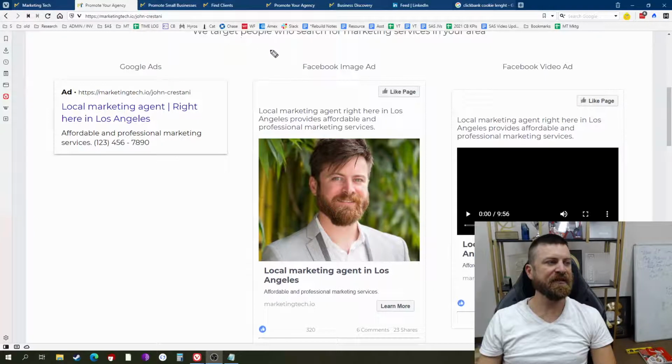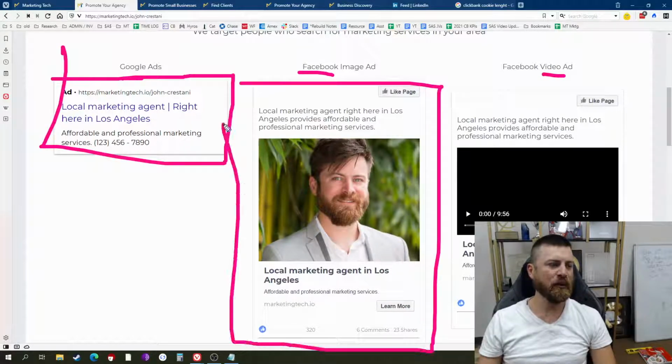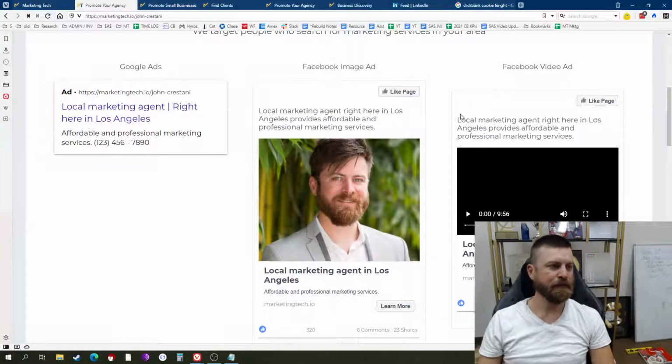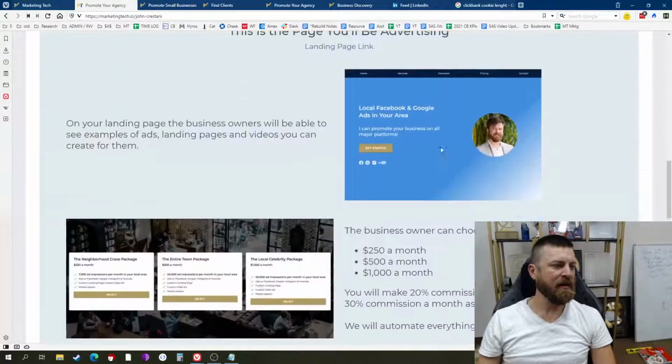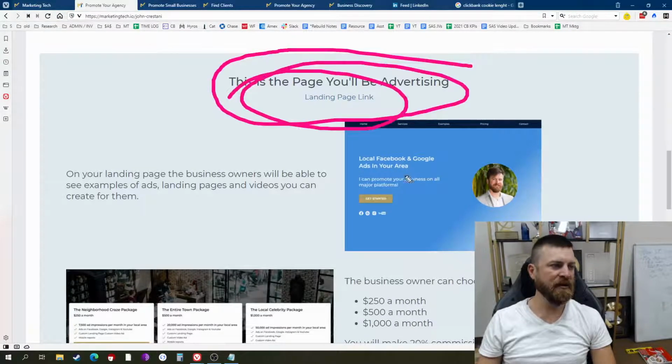So you don't even have to set up a Facebook ad account. You don't have to set up a Google ad account. You don't have to create a video. All you have to do is work with Marketing Tech, and we set up the ads for your local marketing business. Okay? And you see we automatically insert your landing page link in there,